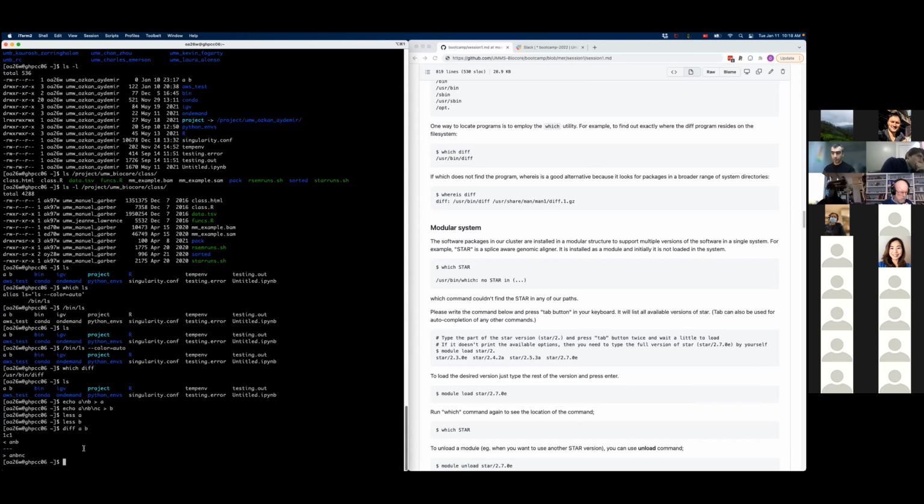So it becomes handy, for example, if you have two large files that may differ. For example, there are 2 million lines in each, and they differ only in one line, right? Instead of looking line by line at what's different and opening in a graphical interface, you could just use diff, and it's going to show you what's different between them. Thank you.